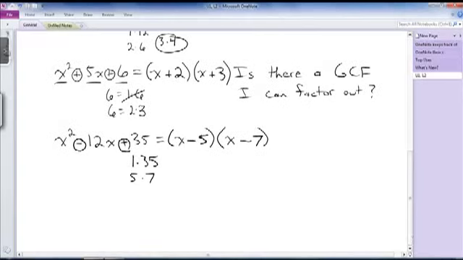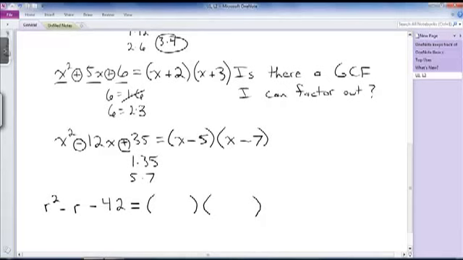Alright, let's do one more like this, and then we'll look at something different. Maybe two more. The more the merrier. R squared minus R minus 42. Bunch of negative signs. Well, that means they ought to both be minus signs, right? No, don't make that assumption. People make that assumption all the time, but if you think about it, it'll make sense